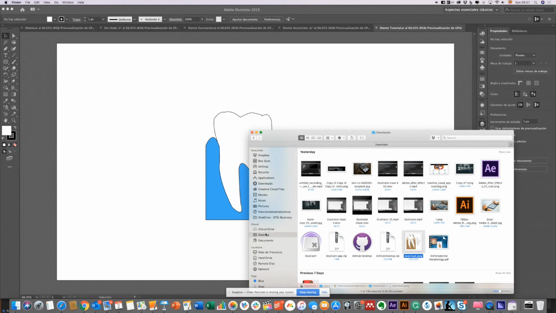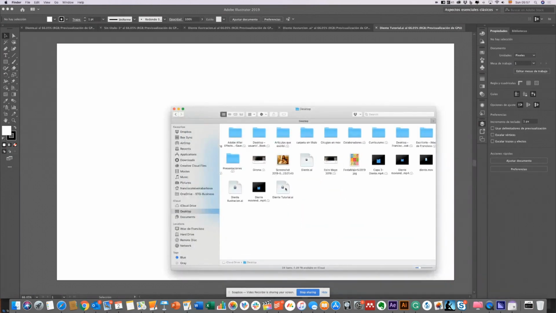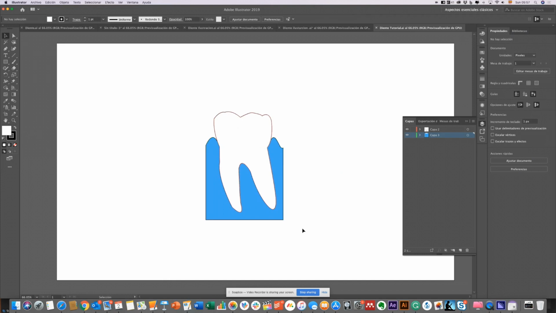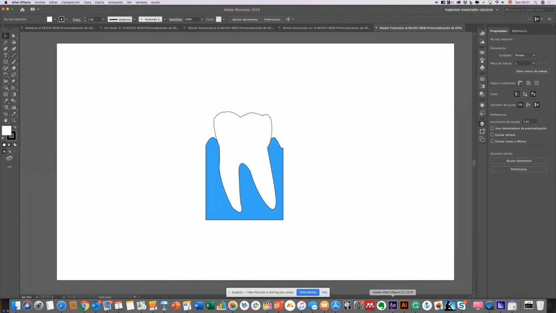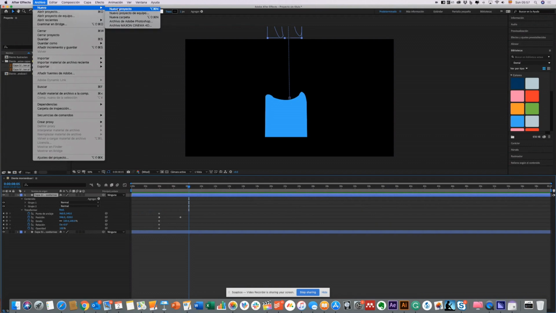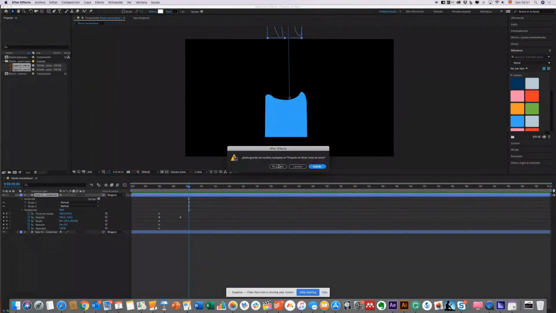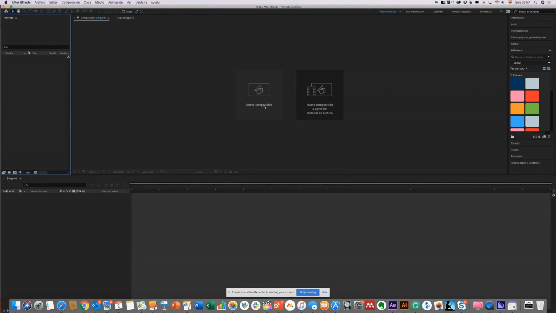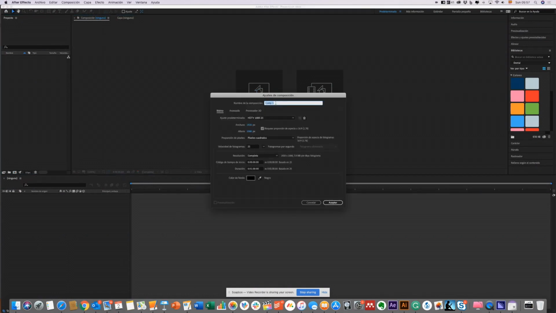So we have it on the desktop, and now we are going to use it in Adobe After Effects to create an animation with this illustration that we just created, our first illustration. As you can see, I already have this project open, but let's start from the very beginning to see how we create a recession and also a movement of the teeth. We give a name to the project,